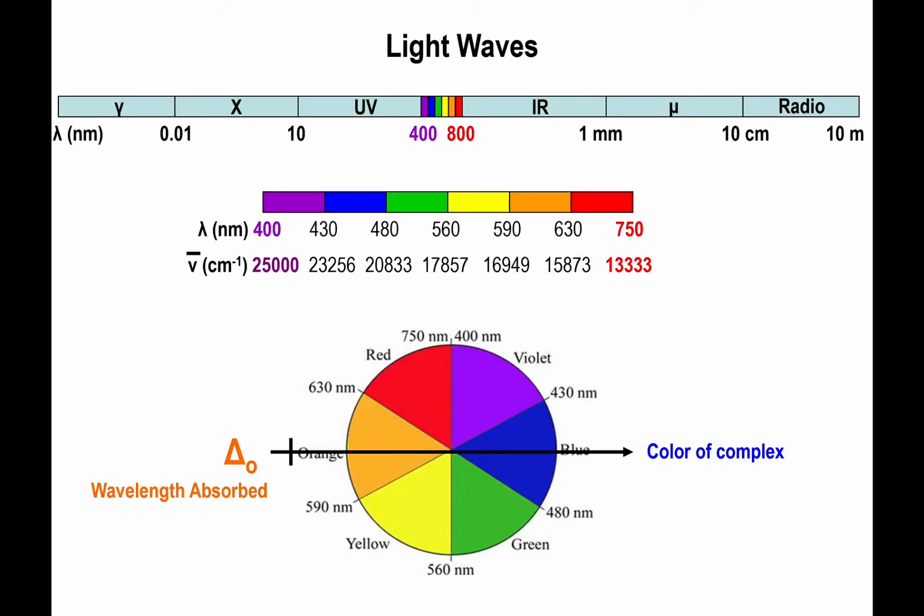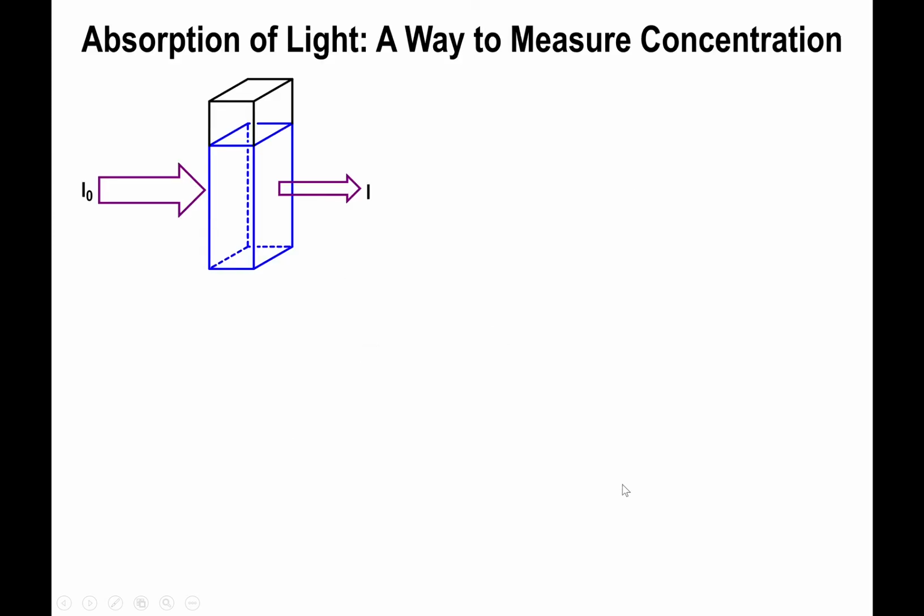Alright, so that's kind of the idea. Absorb a specific wavelength of light, then the actual color of the complex you're going to see is exactly the opposite in the color wheel. Alright, now another thing that's important specifically for your labs is the idea of concentration in regards to the Beer-Lambert